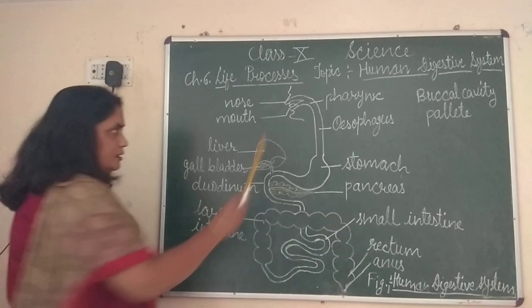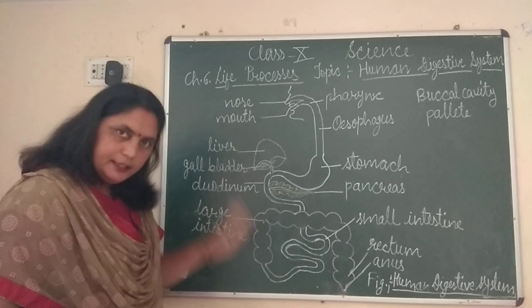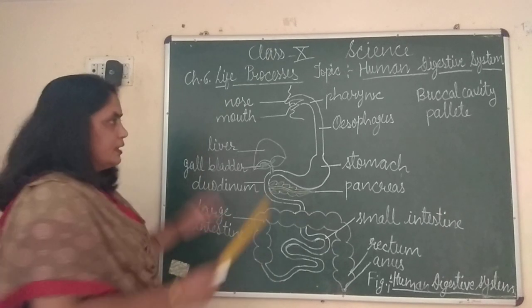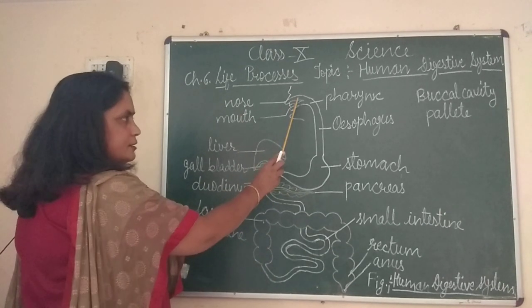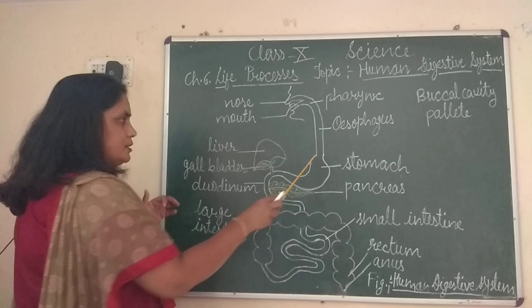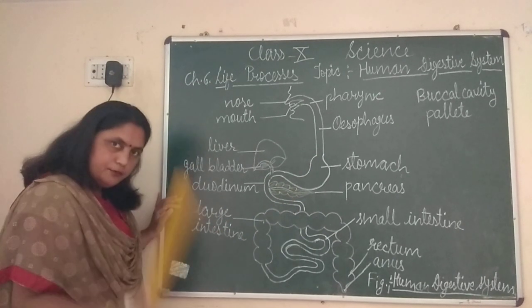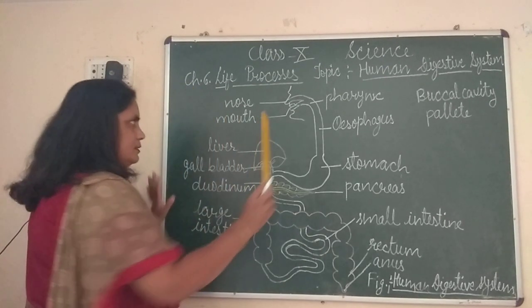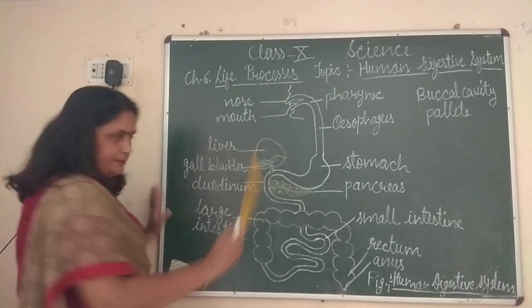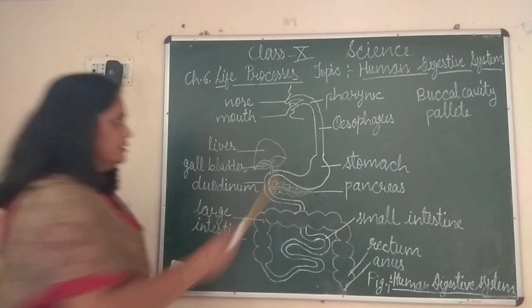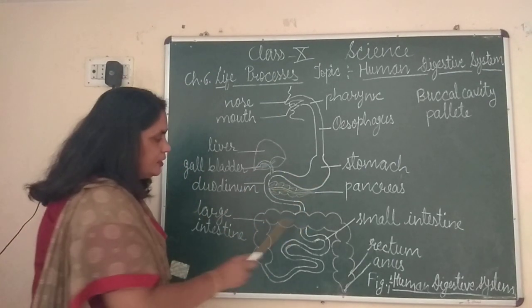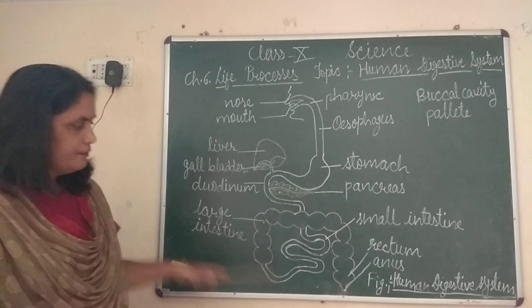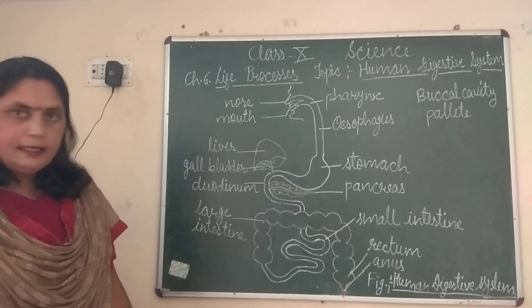Now children, we will discuss all these parts in detail also. I am just telling you the basic line of digestive system. Later we will discuss all the details of buccal cavity, esophagus, stomach, all that. So for now, I have just told you the path from mouth to anus. This whole structure is in the form of a pipe. It is a continuous pipe, or we can say it is a continuous canal.